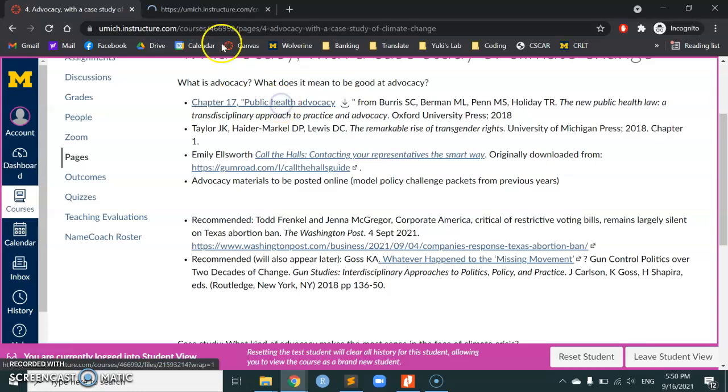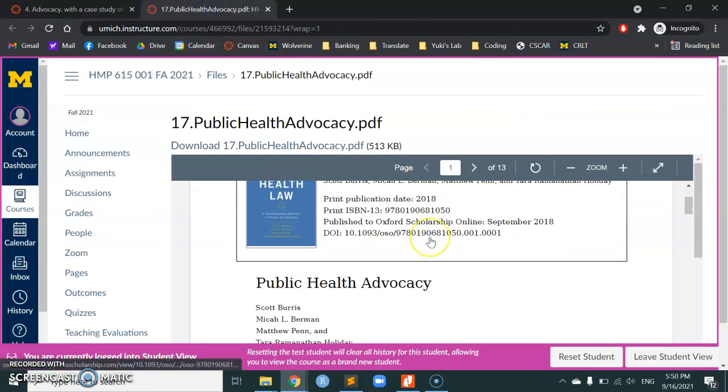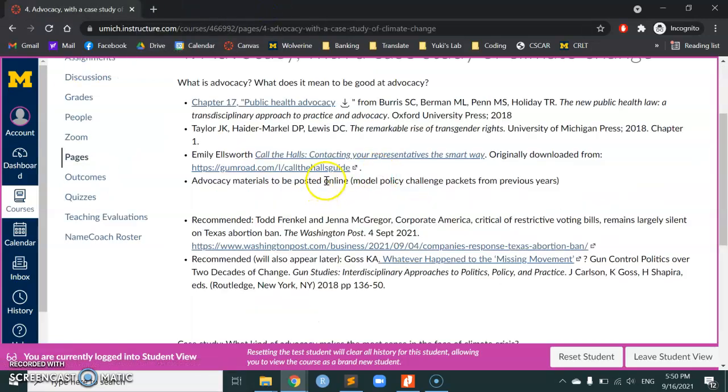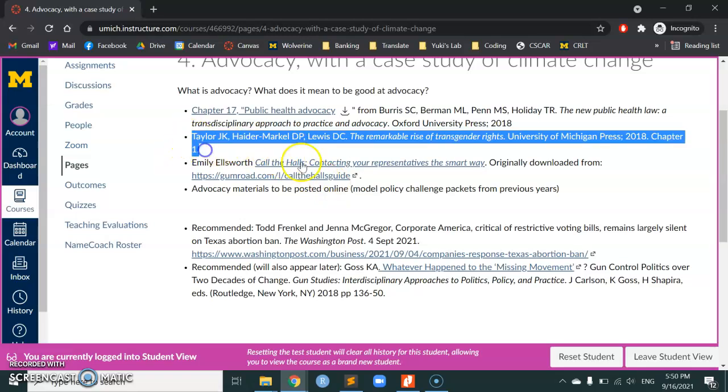So for example, chapter 17, if I open that in a new tab, it pulls up a PDF document on Canvas that I can easily access. But I've received some questions because there are a few readings here, such as this second reading, The Remarkable Rise of Transgender Rights, that does not have an obvious link, and so students are wondering,